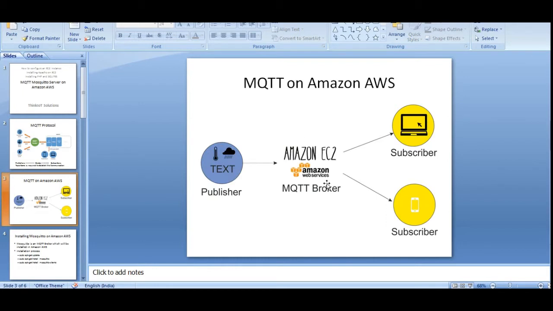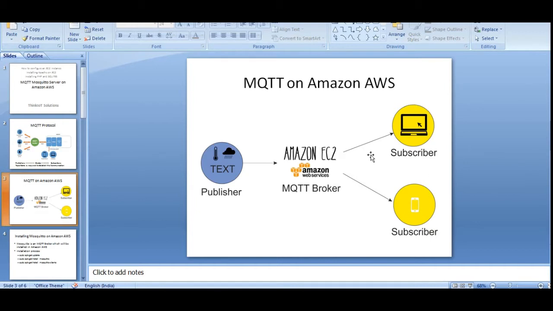This slide shows how Amazon AWS is used. As I mentioned earlier, the Amazon EC2 instance that we have can be configured as an MQTT broker. We need to install a few files to make this EC2 instance work as an MQTT broker, and then we can have a publisher sending information to the MQTT broker, and different subscribers. In this case, two subscribers are shown.